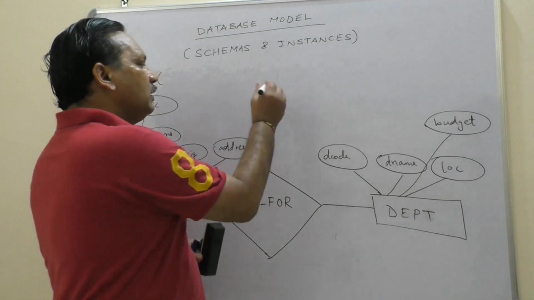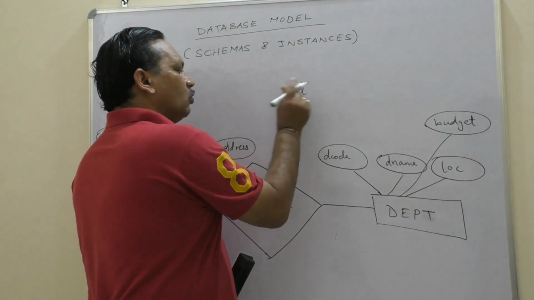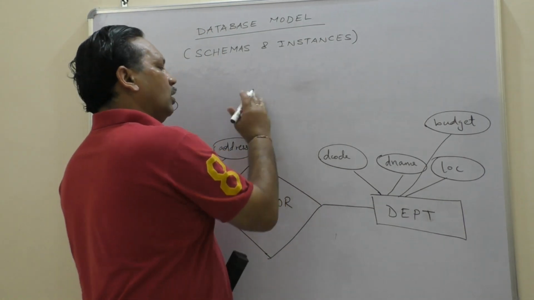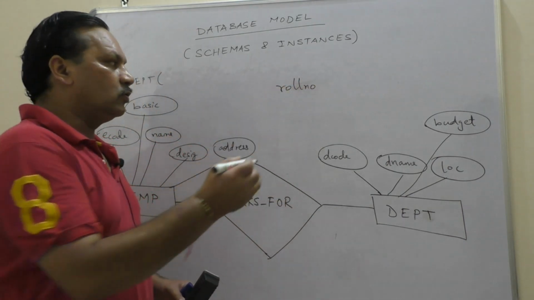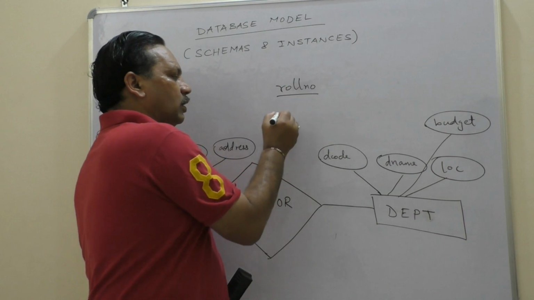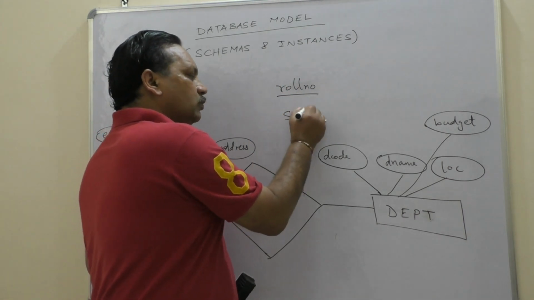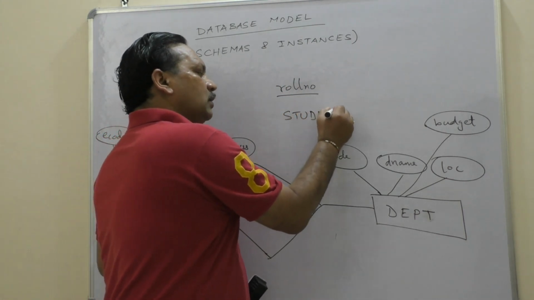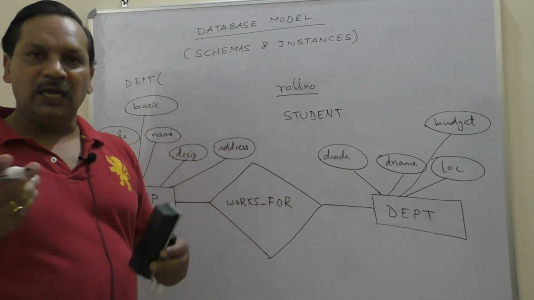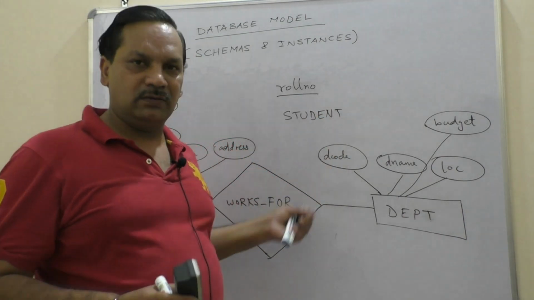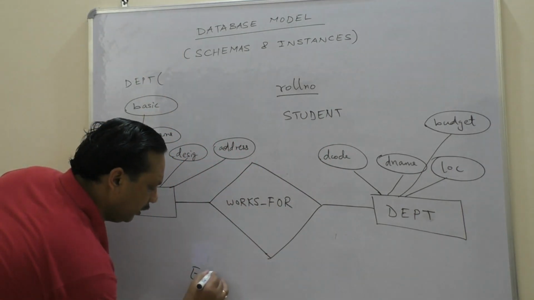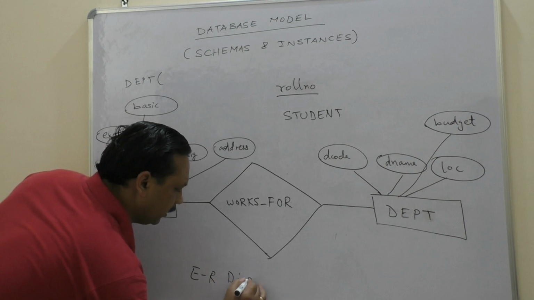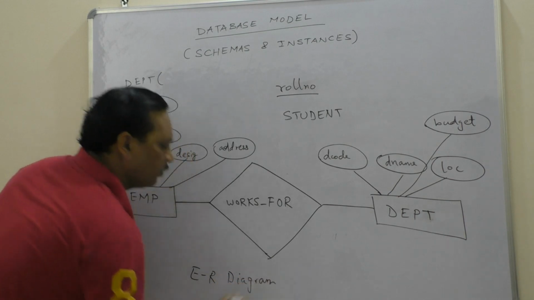So the roll number, which in some universities they call student ID or enroll number, is the key field for the student table. For a database, we call a student table an entity set. And this diagram which I made is called an ER diagram. Why? I'll tell you what ER is. What does E stand for?